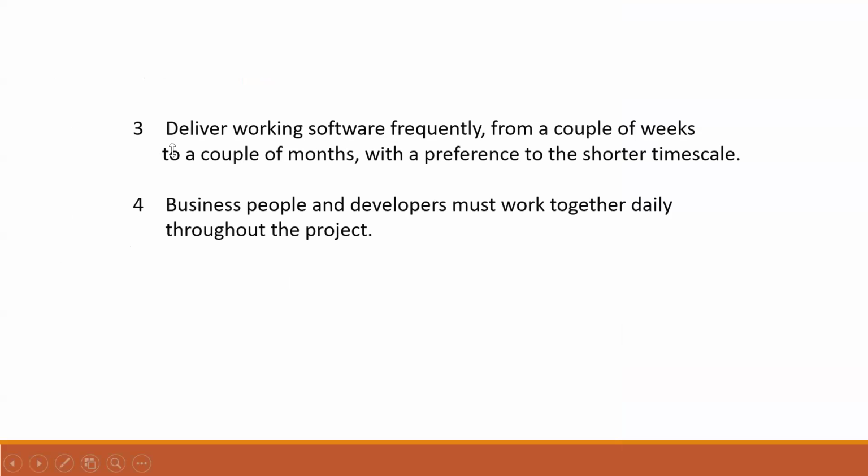Next: deliver working software frequently, from a couple of weeks to a couple of months, with a preference for the shorter time cycle. See, early was what point one was saying, right? The preference should be given to the shorter time cycle, not a lengthier one, because by the time the product comes after 6 to 7 months, it may be outdated. That's what happened to Nokia, right? It was not able to incorporate the new changes. Maybe it took time for decisions from the management side. They were not able to keep up in the market.